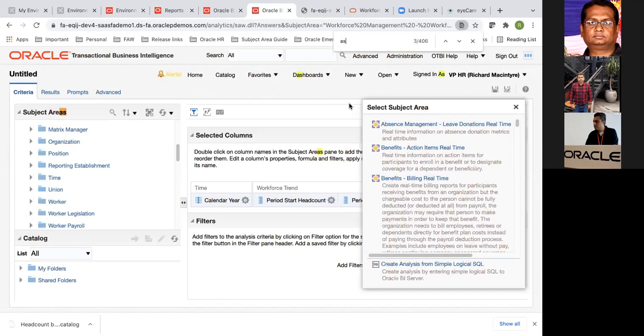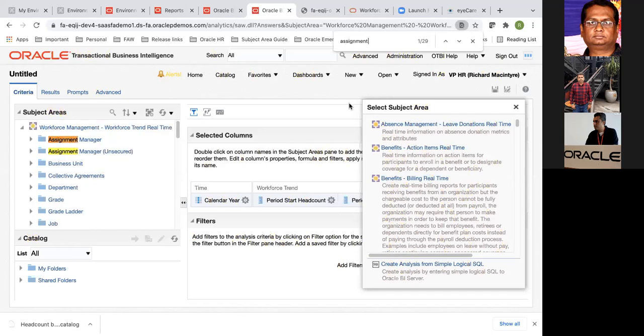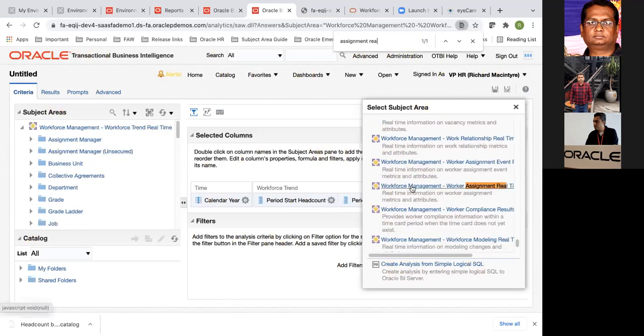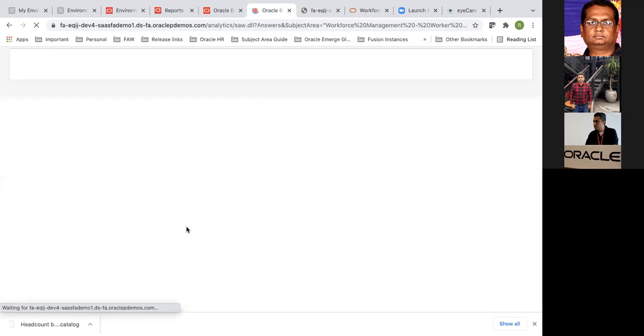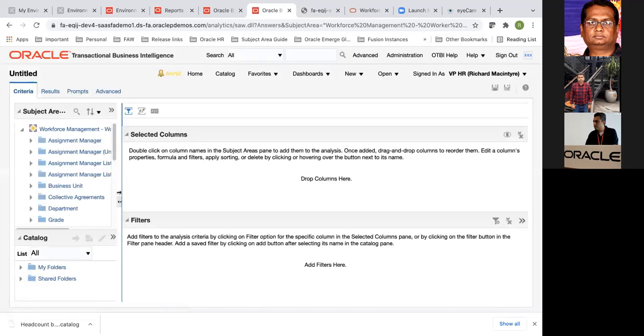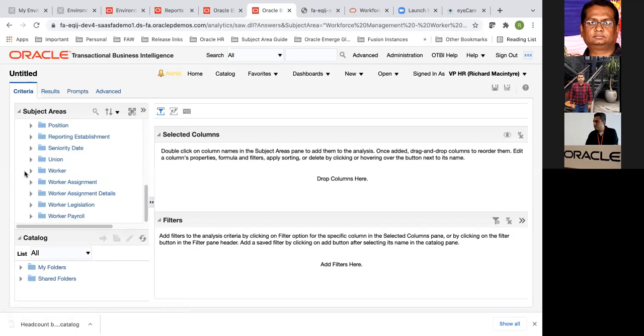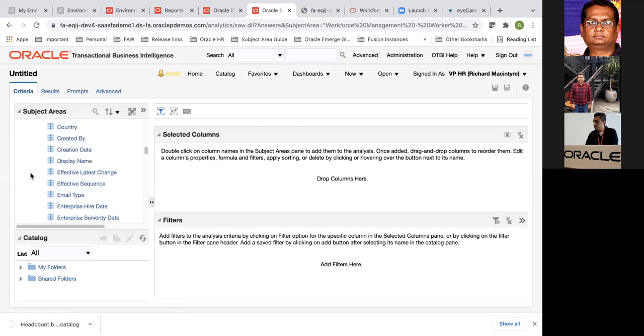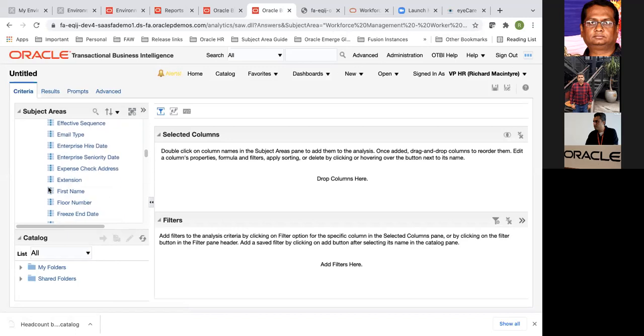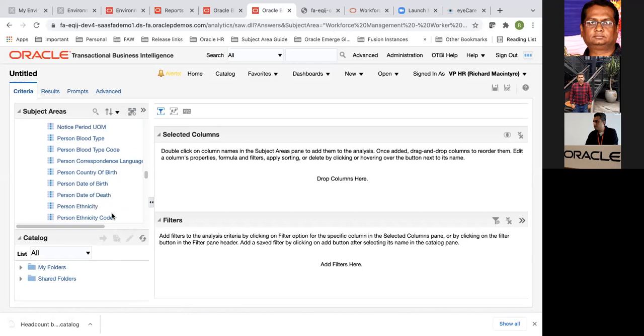I'll go to the assignment subject area, which has all the worker data. I'll pull up the person number, for example, or maybe I'll start with person number.